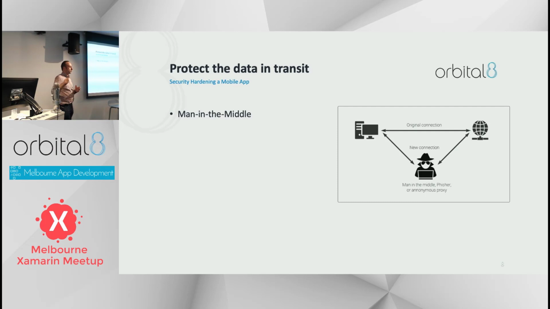But I could set up a Wi-Fi router and sit down here in a fresh water place and just set the SSID of my Wi-Fi router to be "free Wi-Fi, come one, come all." And then in a few minutes, people will start signing on and using it. In the meantime, I can be looking at all the traffic that's passing through out to the internet. And I can legitimately be taking requests for Facebook or Gmail. When I see a Gmail request, I can go to Gmail and say, I've got a request for this page, and then decrypt the traffic on my side, and then re-encrypt it with my certificate, and then send it